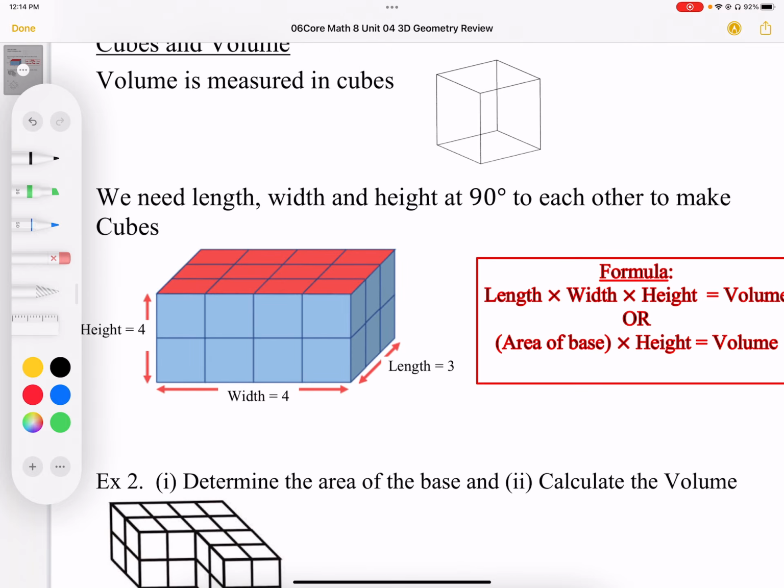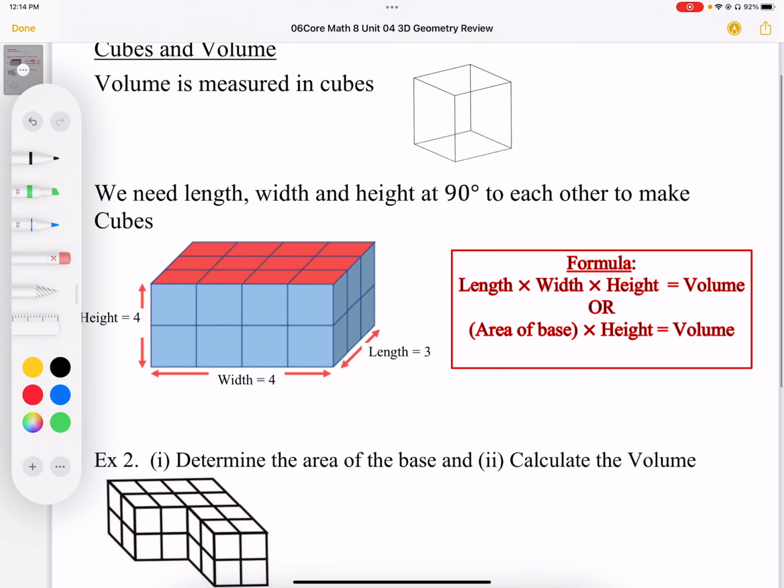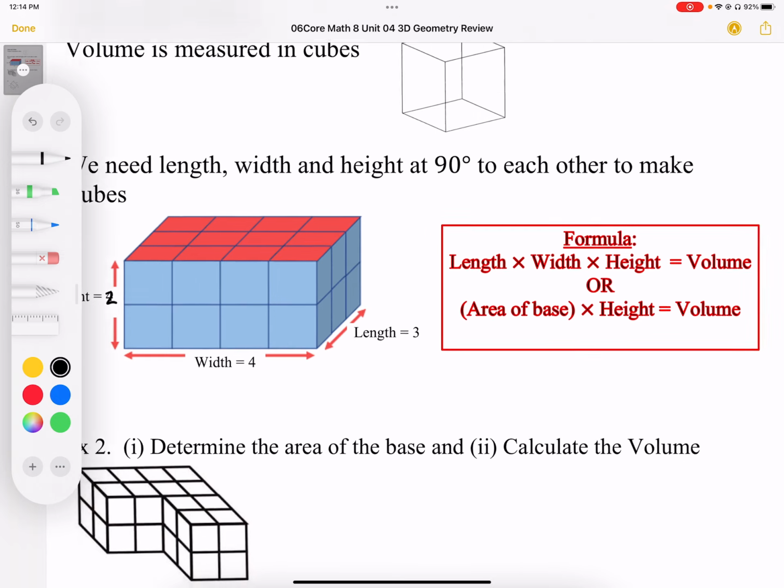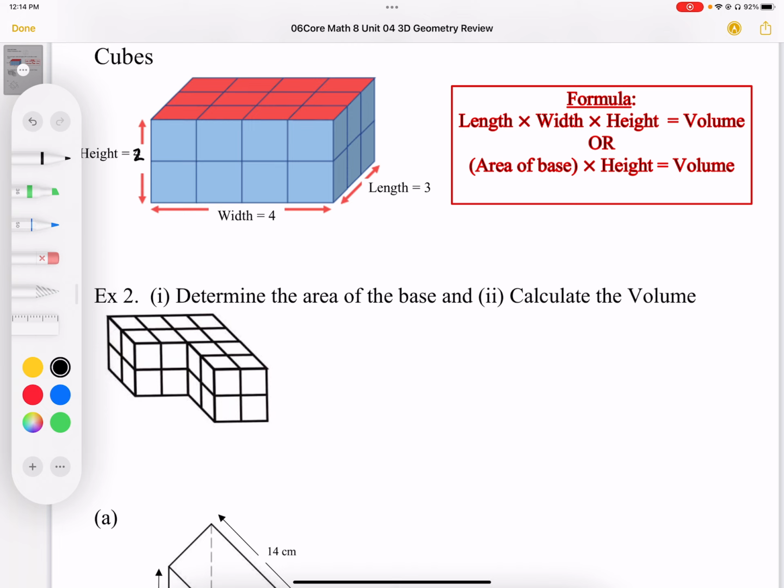And once we have the area, 12 squares, to find volume or cubes, we give it thickness. In this case, we multiply it by a height of, this should really say 2. Okay, we're going to multiply that by a height of 2, and then we can get the volume of 24 cubes in that rectangular prism. So again, we're going to use this idea that if we can't count all the cubes,